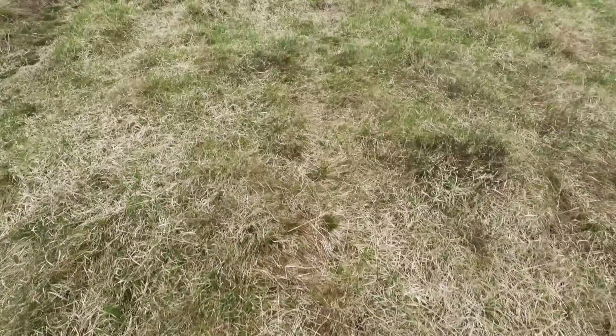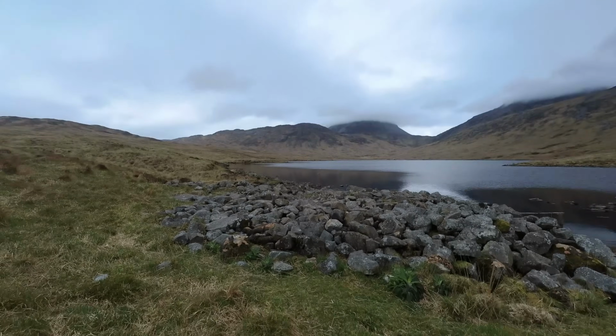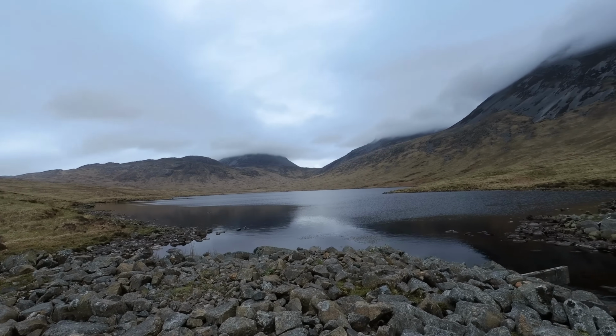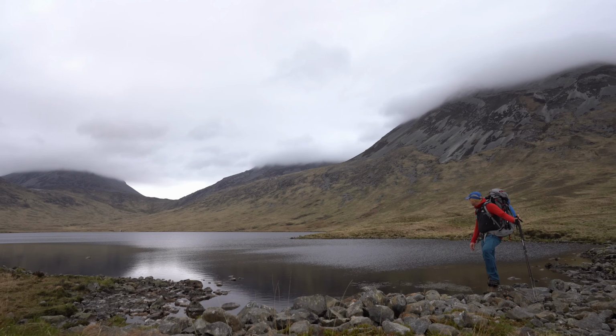And you can see the cloud isn't lifted any. So I have been taking my time, there's no rush. It's one of the things I do like about when I'm camping out, is the fact that I'm not rushing to get home or rushing against the clock. And I don't think I could go any faster when I'm going up here anyway,